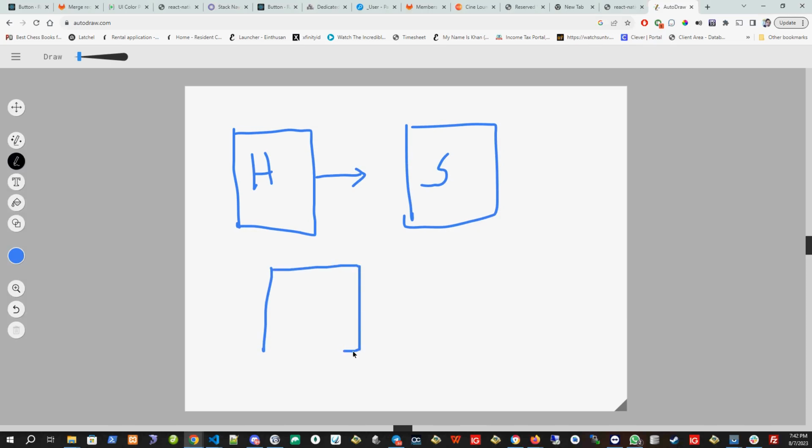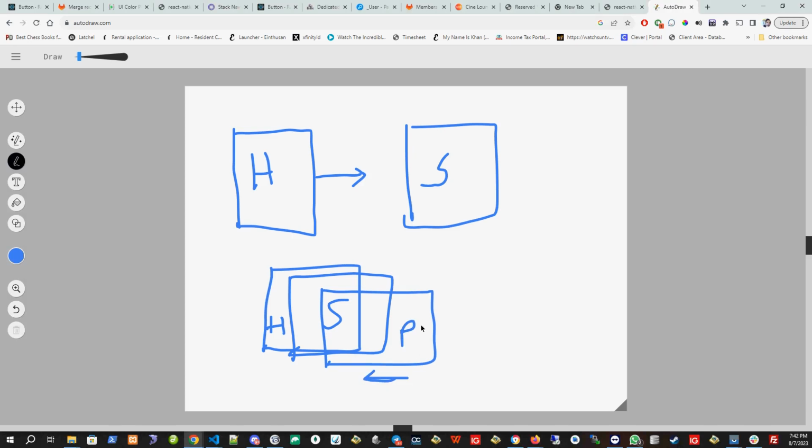So the home component is there and the settings component is on top of it. And when you call a third page, maybe profile, from the settings, it will come on top of the settings page. And when you click the back button, it will remove the profile part, and the settings page will appear again. And when you click the back button again, it will remove the settings part